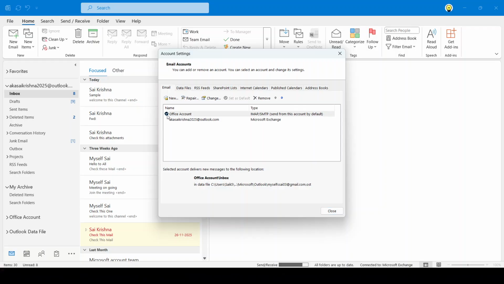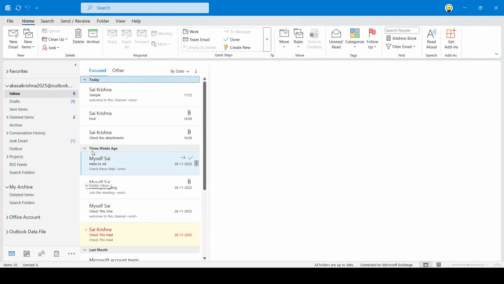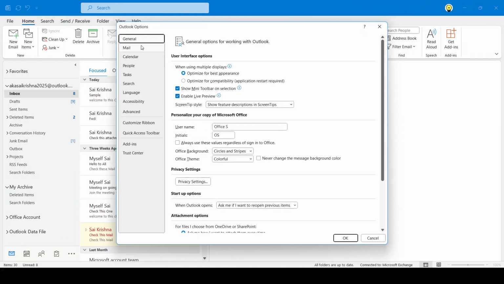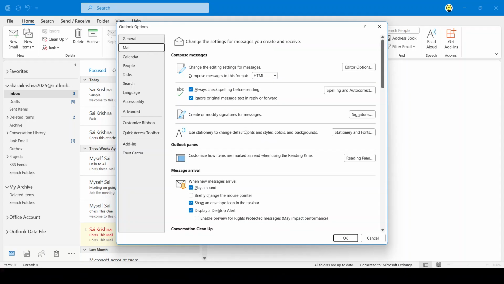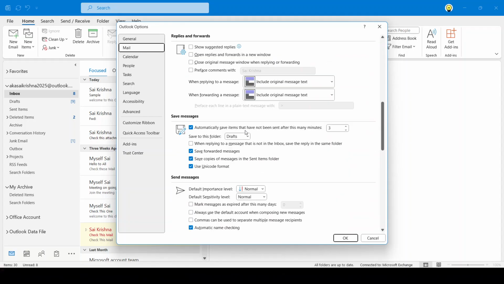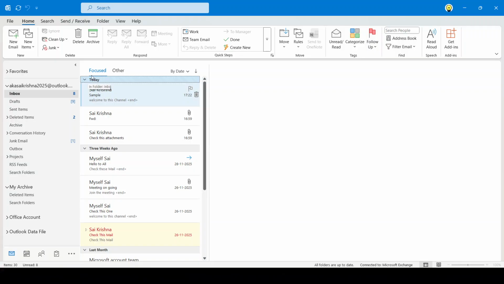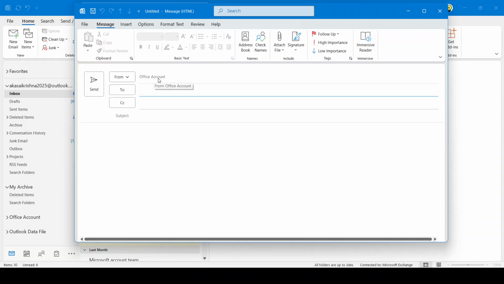To make sure new messages always use that default, go back to the File menu and open Options. In the Options window, select Mail. Scroll down to the Send Messages section and check the box that says Always use the default account when composing new messages. Click OK to apply it. For the change to take full effect, restart Outlook. After it reopens, new emails should automatically use your chosen default account, which helps avoid sending from the wrong address